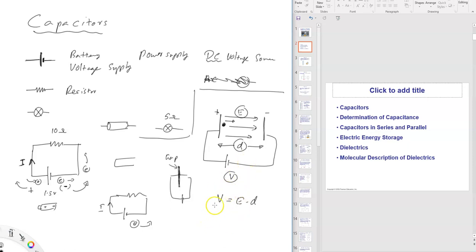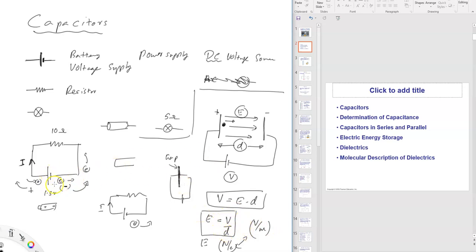So if you want, we can represent electric field as voltage divided by meters. So here's another unit: volts per meter is also a unit for electric field. We normally use the unit newtons per coulomb. This is the same thing, volts per meter. Okay, so these are a few things I wanted to mention before we go forward. So voltage is given by electric field times distance. Therefore electric field can be defined as voltage divided by distance.